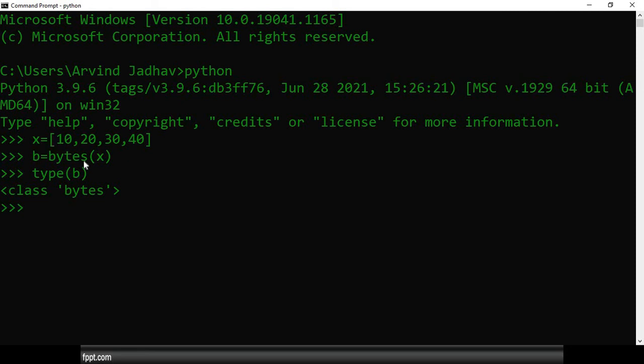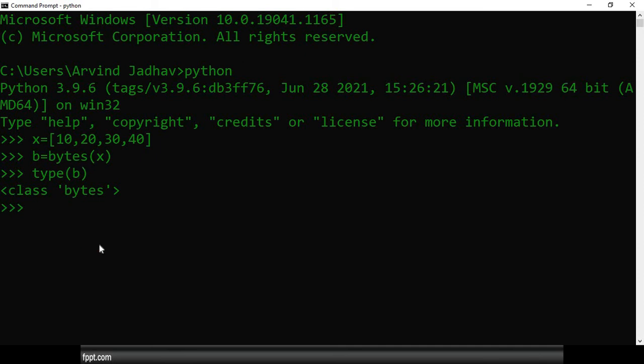x into bytes. So make a note of that. In this section I am using x and b. These x and b are just different kinds of variables. Instead of x I can use a, b, c. Instead of b I can use p, q, r, x, y, z, whatever it may be. But make a note that once we store the elements into that particular variable, we need to convert it by using bytes.